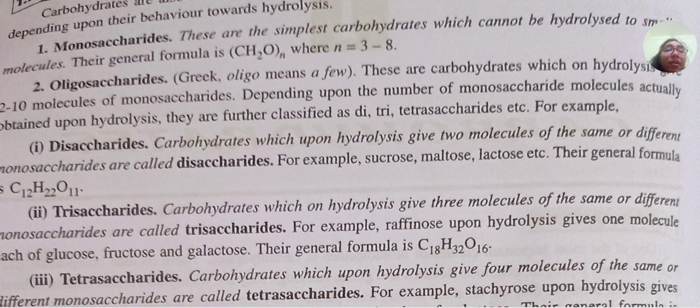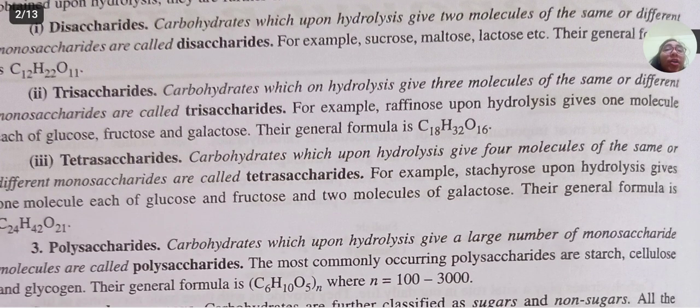Trisaccharide. Carbohydrates which on hydrolysis give 3 molecules of the same or different monosaccharide are called trisaccharides. For example, raffinose upon hydrolysis gives 1 molecule each of glucose, fructose and galactose. Their general formula is C18H32O16. Tetrasaccharide. Carbohydrates which upon hydrolysis give 4 molecules of the same or different monosaccharide are called tetrasaccharides. For example, stachyose upon hydrolysis gives 1 molecule each of glucose and fructose and 2 molecules of galactose. Their general formula is